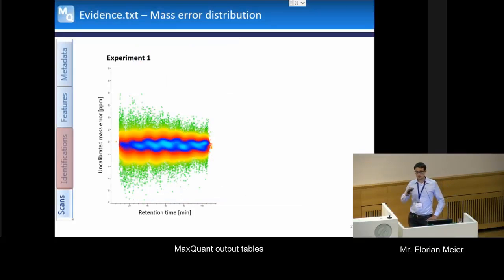Everything that is related to temperature changes is usually reflected in changes in the mass accuracy of your experiment. So a good idea in this case is to simply plot the uncalibrated mass error versus the retention time. This was a 120-minute run, and Perseus has this nice feature where with one click you can calculate the densities. This is very, very helpful. This blue and whitish region over there is where most of your data points are, and you can see that they're nicely centered. In this case, I think it was like 8 or 5 ppm off, which is okay